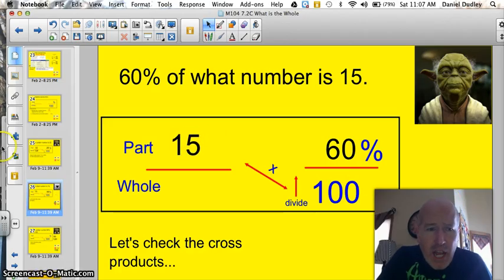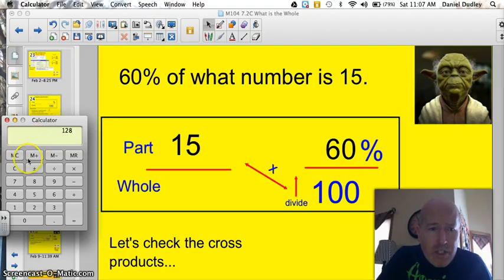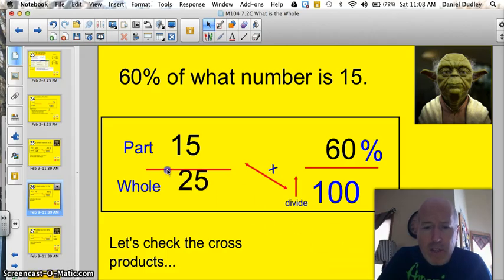So once again, I know that 15 times 100 is just going to be 1500. So I'm just going to pop 1500 in and shorten up my work a little bit. And I'm going to divide that by the third number, which is 60%. Divide by 60, and I get 25. Well, let's just grab 25 here and put it in. Remembering that this is